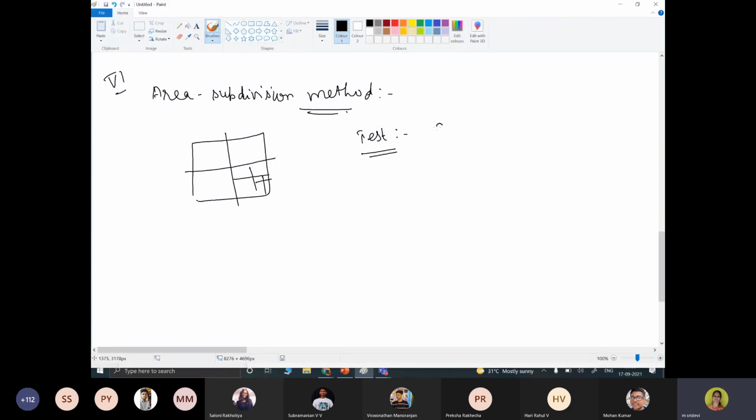For performing this, we are going to compare the surface with the boundary area. This is the boundary we have, and the corresponding object surface will be compared with the boundary, and then we decide whether it's a single view or a multiple view.